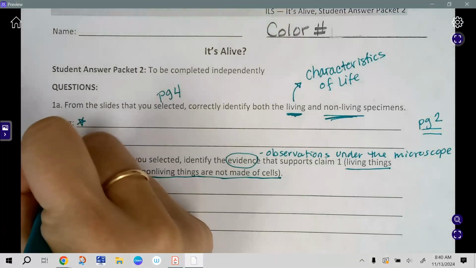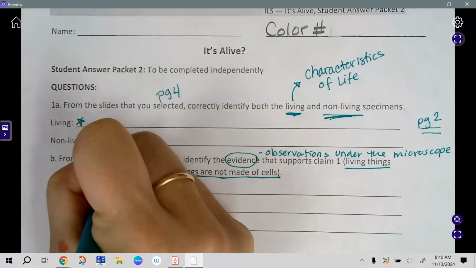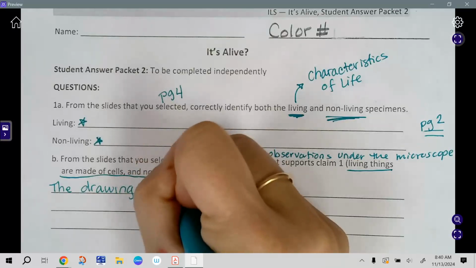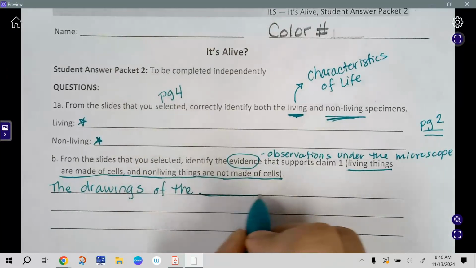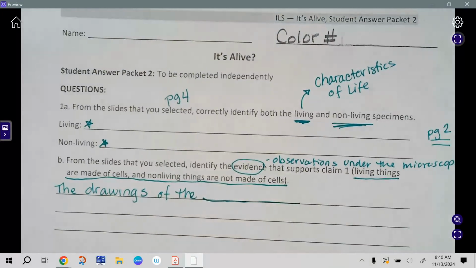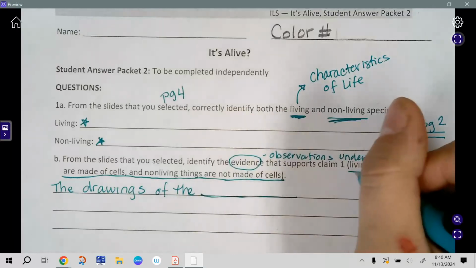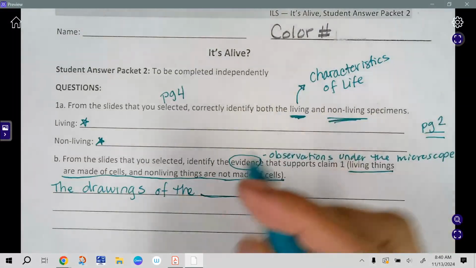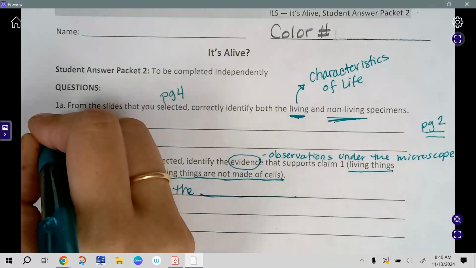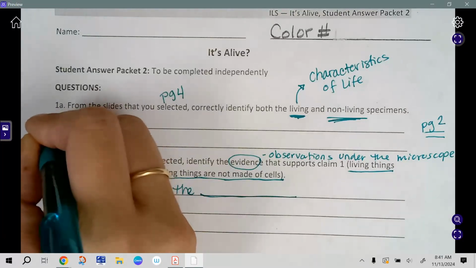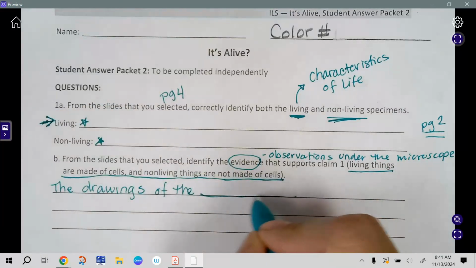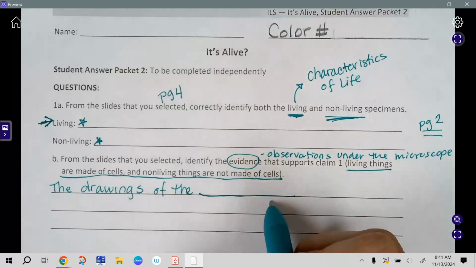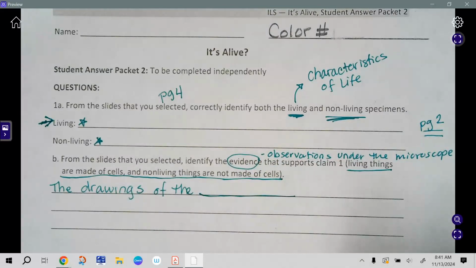So, the drawings of the. All right, what you're going to write here, you don't need to draw a blank. You need to write in what you used for your living thing. So whatever, pick one of the slides you used for your living thing, and that's what you're going to describe right here. Okay? So the drawings of the, whatever you use for living,